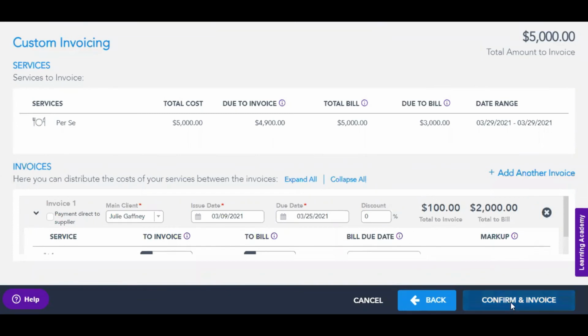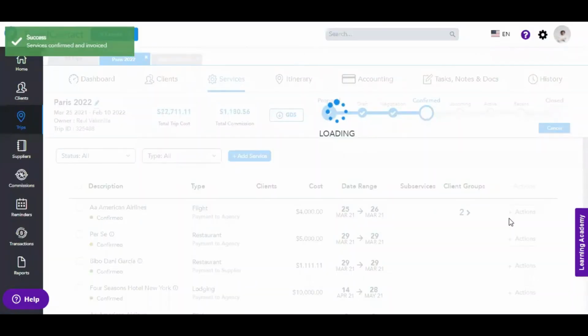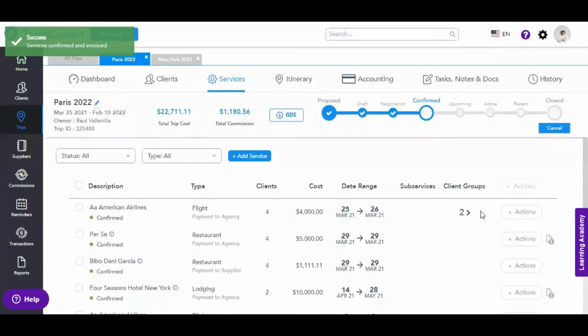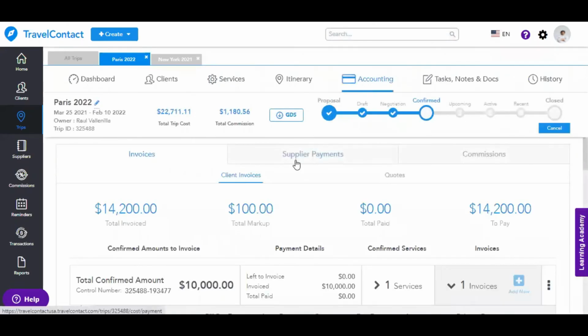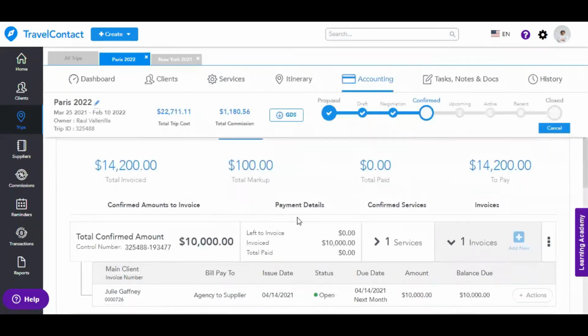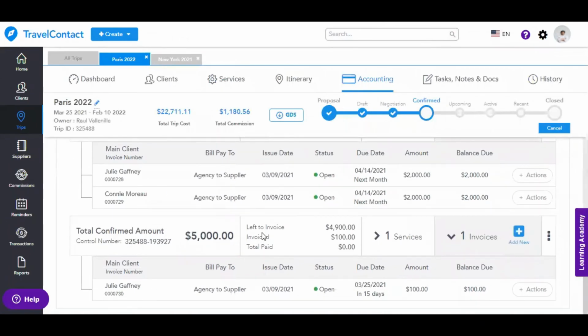And then finally, when I'm done, I can go ahead and click on confirm an invoice. And then everything will be invoiced according to that custom invoice process that I made. Now, as we go to the accounting section, you'll see here that I have my invoices, which I created, all the invoices from this trip